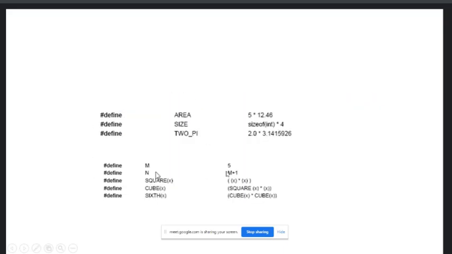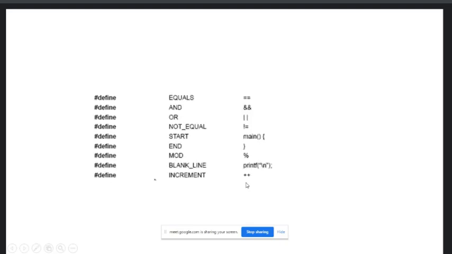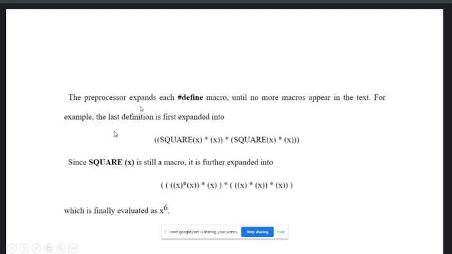So here you can see we have a square. Now the preprocessor will expand this. Instead of cube, it will consider this square x, then square itself is another macro. So again the preprocessor will expand. Instead of square, we have this statement. Okay, so you need to remember this: the preprocessor expands each defined macro until no more macro appears in the text.